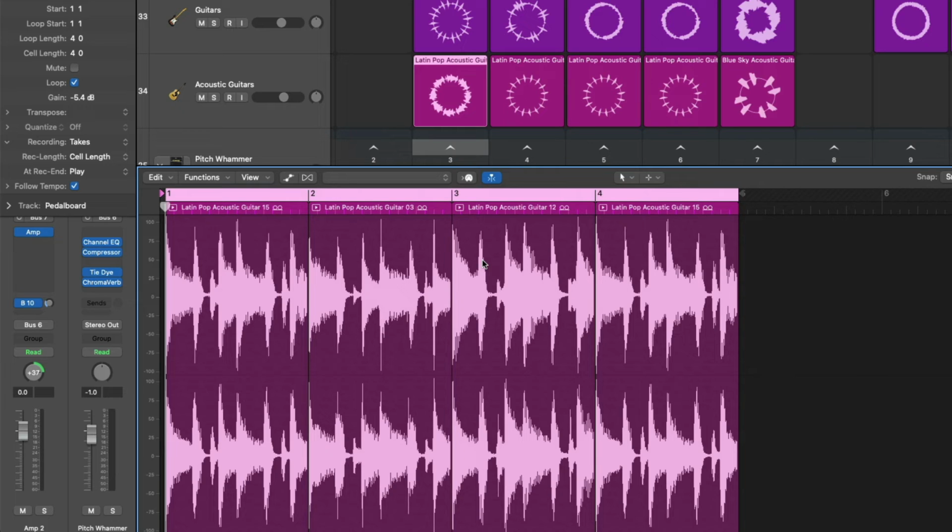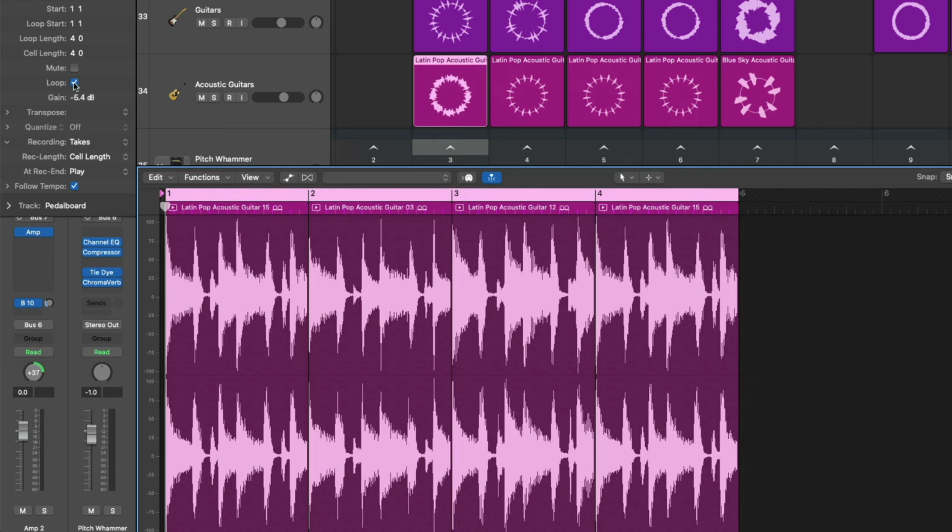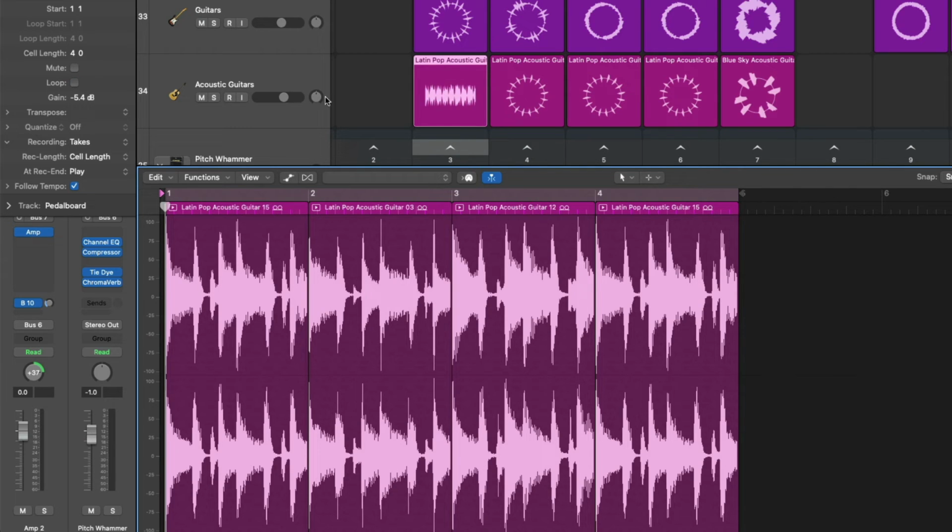And also, if you don't want a cell to play back on a loop, you can either click on this colored bar to disable the loop function or click on the checkbox next to loop in the inspector. If we now play back this loop,